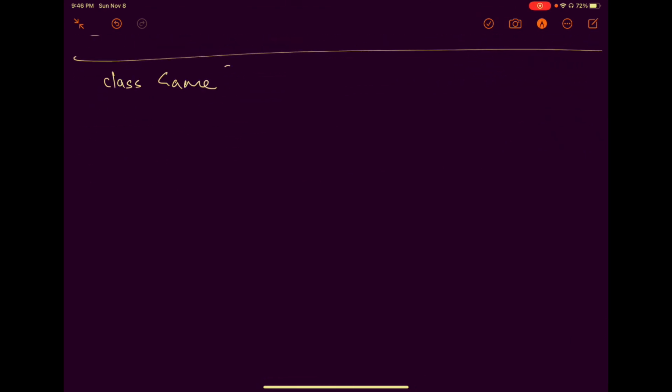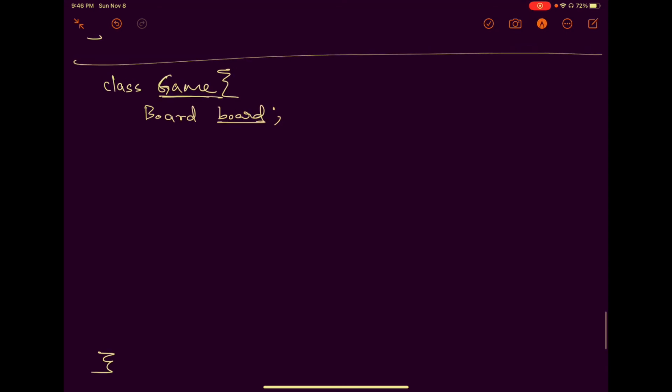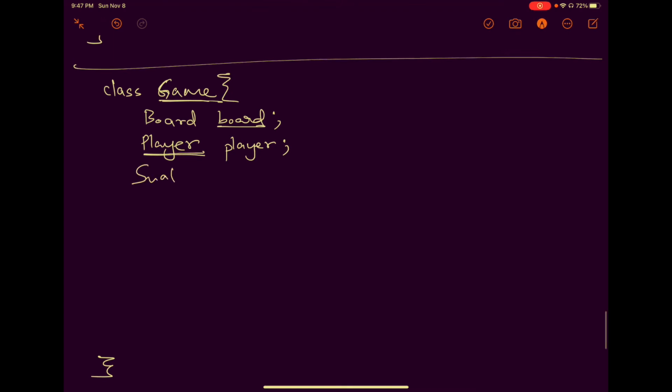So let's jump to the next class, which is the game class. The game class would be very simple. The game class is the main class, and it contains the board. So let's say the board would be represented by board. There would be a player. We haven't defined the player class, but a player class would be very simple. It would just represent the player information, so I won't go into the definition of a player class. And we have a snake,